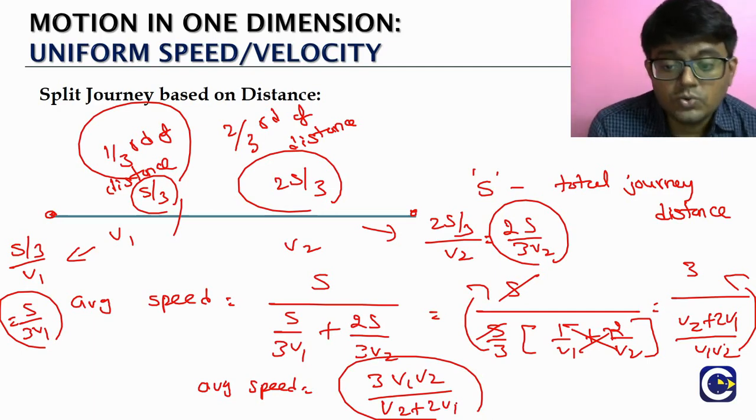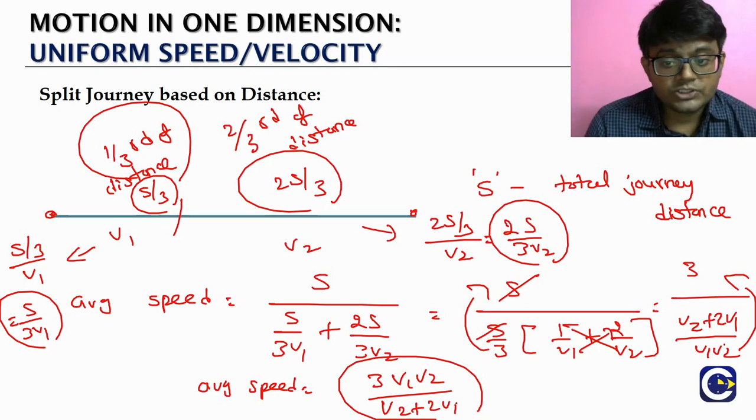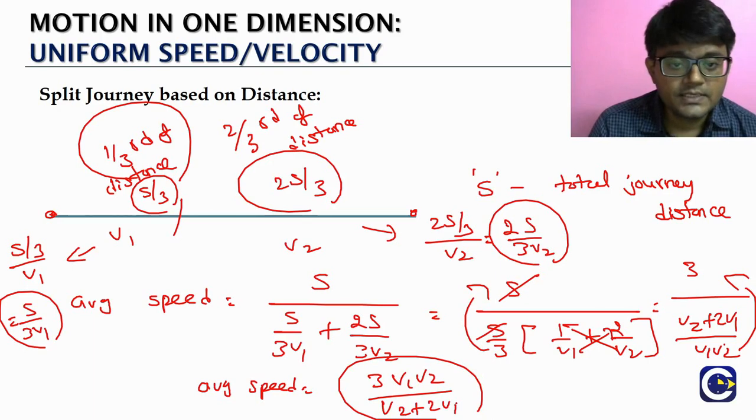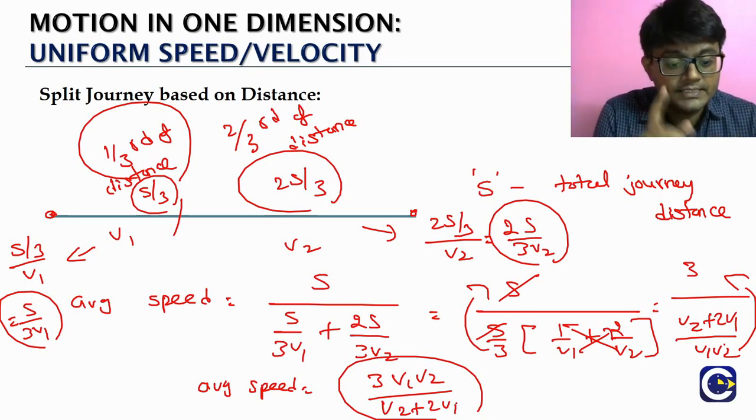Now it is up to you whether you want to remember some cases of the split journey formulae, or if you are comfortable with the approach, then you can derive the same thing depending upon the problem. Obviously we may not be able to expect straight cases like this, because generally when these kinds of models are discussed in classes, people do talk about splitting the journey into two equal halves, whether it is the time or distance, and splitting the journey into 1/3 and 2/3, both time basis and distance basis, like the way we have done.